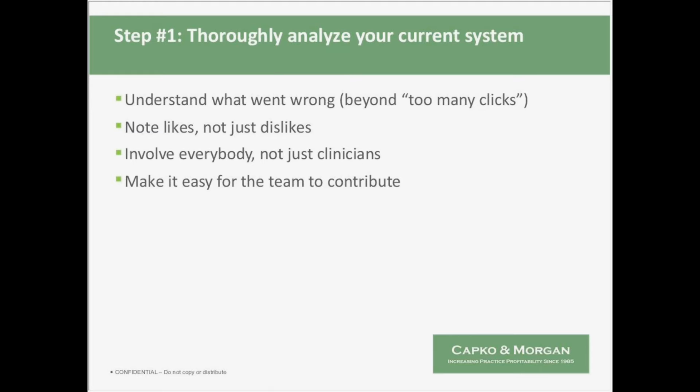So that brings me to my first step, which is really related to that idea of staying out of the fire. And it's really important to take the time to thoroughly analyze your current system so that you can understand what actually went wrong, and why you were either never happy with it or why you're no longer happy with it. And I wrote here this phrase, too many clicks,